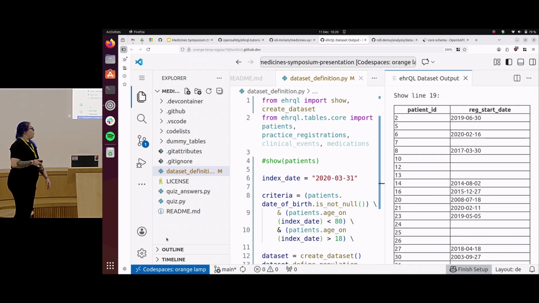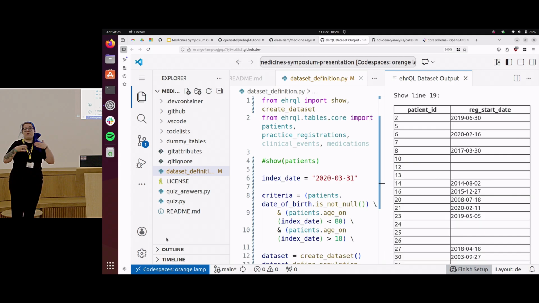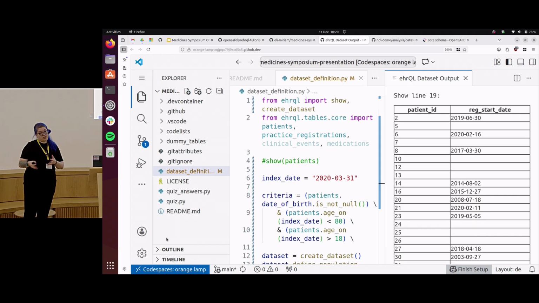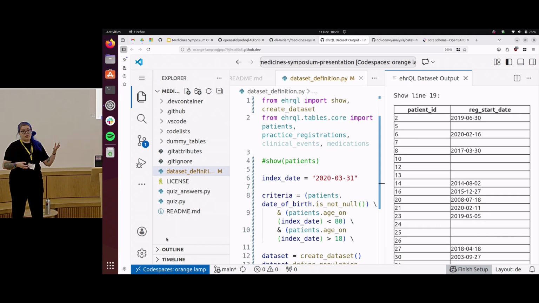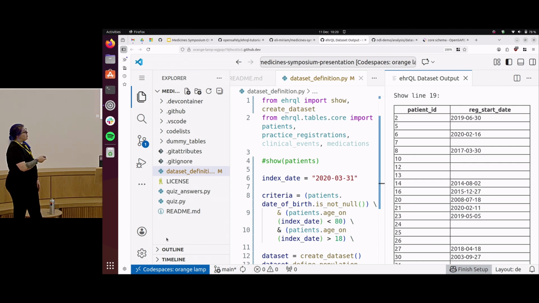So what we have here, there's patient IDs, and these patients are being drawn from this dummy tables directory over here in the Urkel tutorial repository. We provide dummy patients for you. As a researcher, you could put whatever you wanted in there, or you could let Urkel auto-generate dummy data for you. There's lots of different ways to provide the dummy data that you work with when you're working outside of a secure environment. For this tutorial, we provide people with a preloaded set of patients that have sequential IDs,